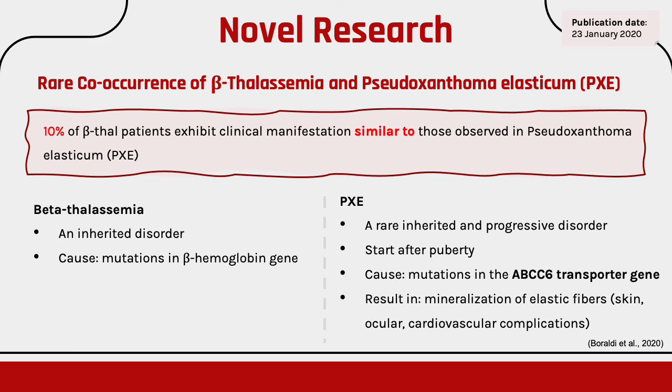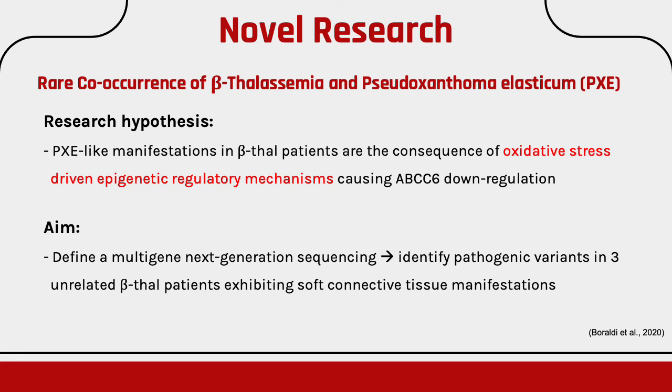The rare co-occurrence of beta thalassemia and pseudoxanthoma elasticum, or PXE, is a novel research published in January of 2020. Briefly, PXE is a rare inherited and progressive disorder caused by mutations in the ABCC6 transporter gene. It will result in mineralization of elastic fibers. It is hypothesized that the PXE-like manifestations in beta thalassemia patients are the consequence of an oxidative stress-driven epigenetic regulatory mechanism